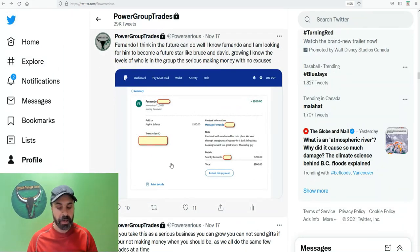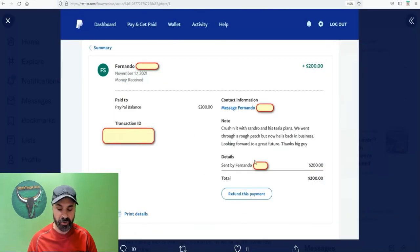Fernando here sent a gift, $200, cruising it with Sandro and his Tesla plans. We went through a rough patch, but now we are back in business, looking forward to a great future. Thanks, big guy. He's referring to maybe a few months ago. But we've been killing it week after week after week after week. Starting with Costco. About, let's say, 10